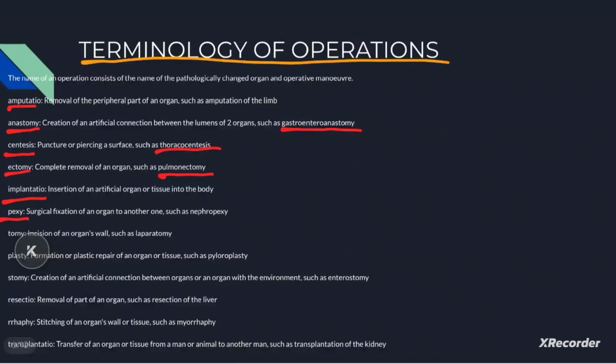Pexy. What is this? Surgical fixation of an organ to another one, such as nephropexy. This might be new to you, so please remember this. Pexy is surgical fixation of an organ to another one. Now the next term is tomy. It is very common. Anatomy, laparotomy, incision of an organ's wall. Anatomy is the study of a structure when we cut. So in that consideration, incision of an organ wall